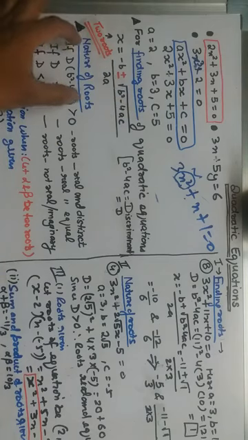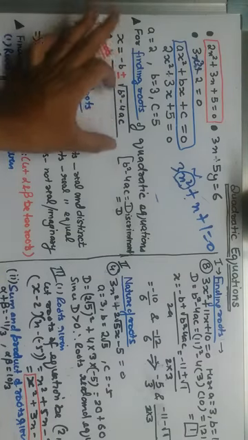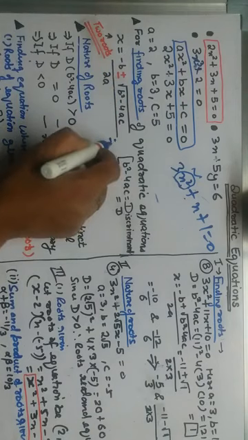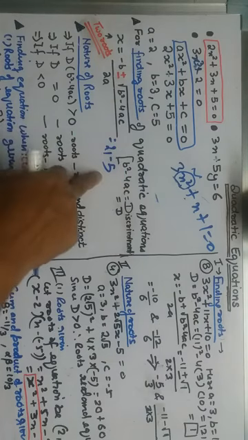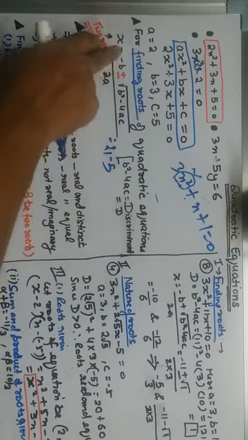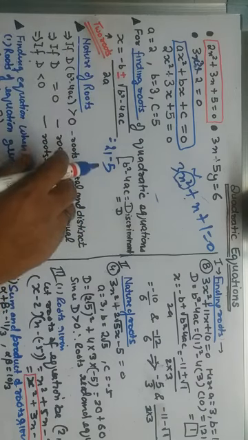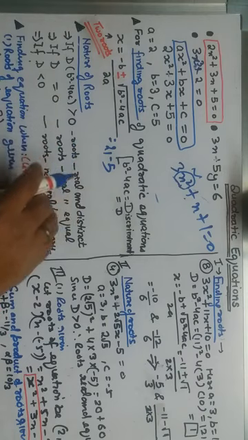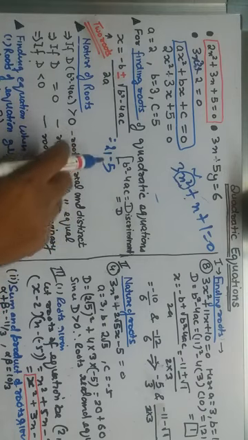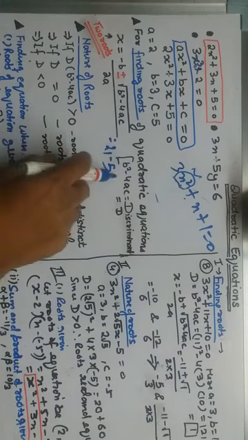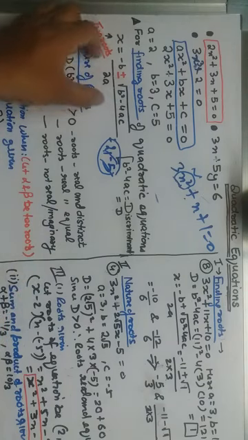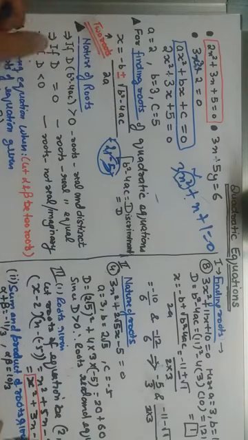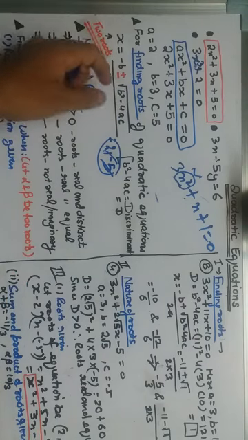Now how to find the nature of the roots? Nature means, suppose we are solving this and we get two values, 2 and minus 5. Are these two values real? Yes, they are real, not imaginary. So the values of x we are getting are real or not real, equal or not equal. In this case, they are not equal. So without finding these roots, how to tell whether the roots will be real, different, or imaginary?